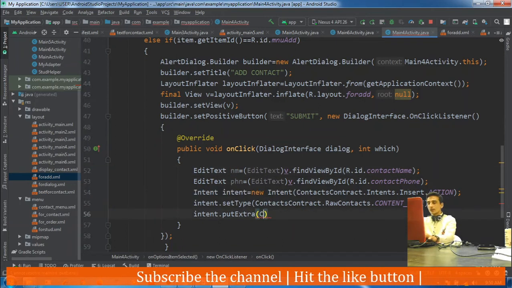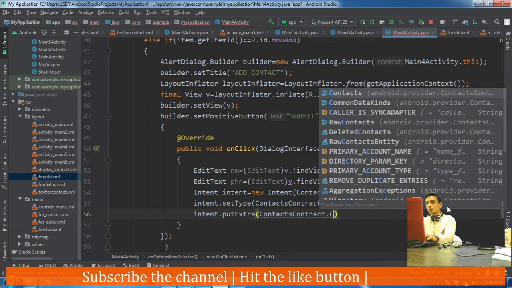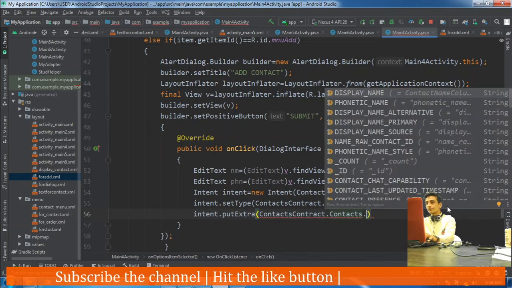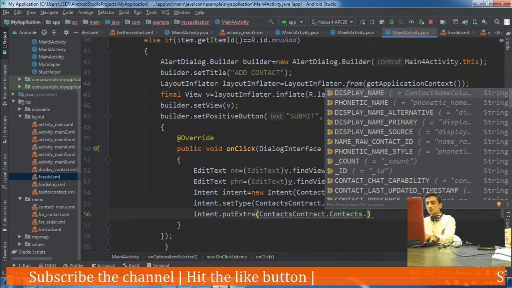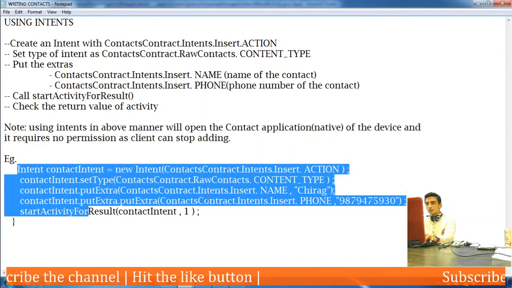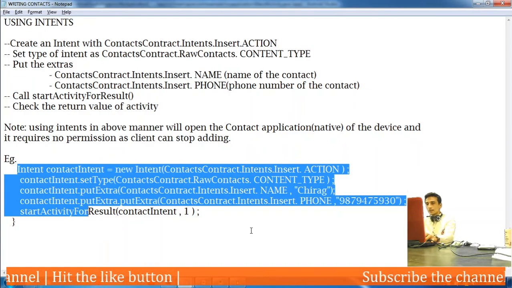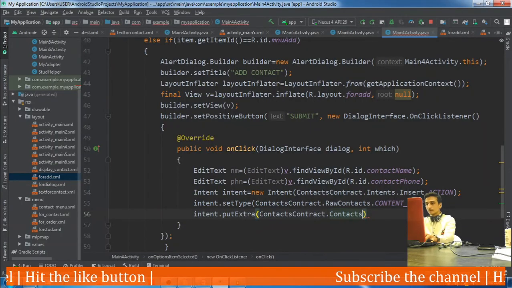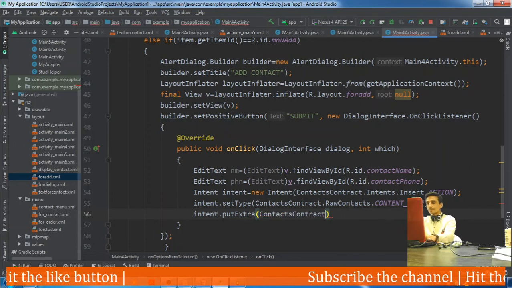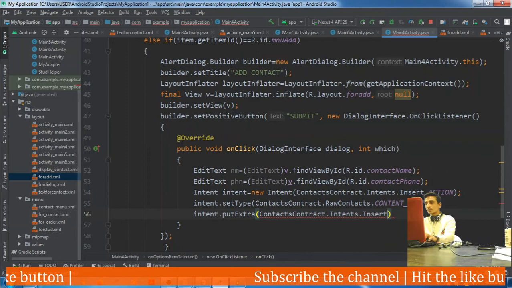Put extra, ContactsContract.Intents.Insert.NAME.